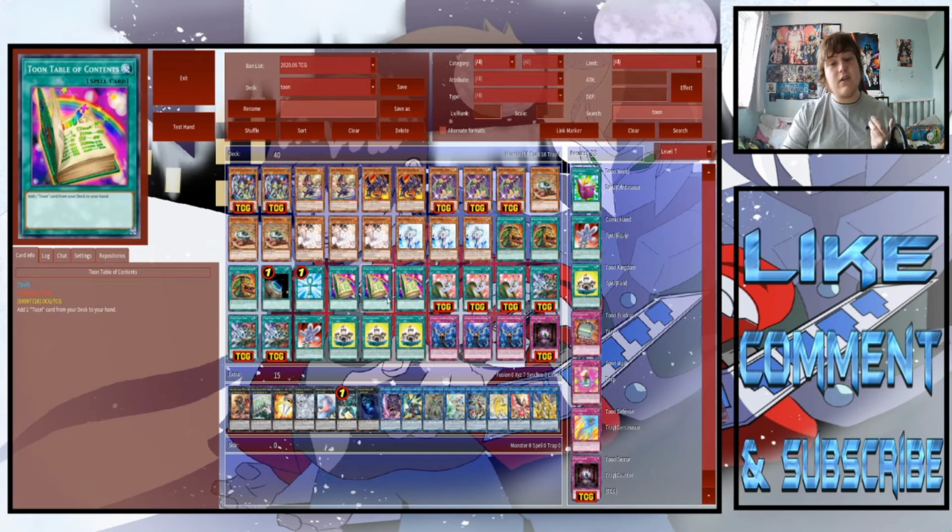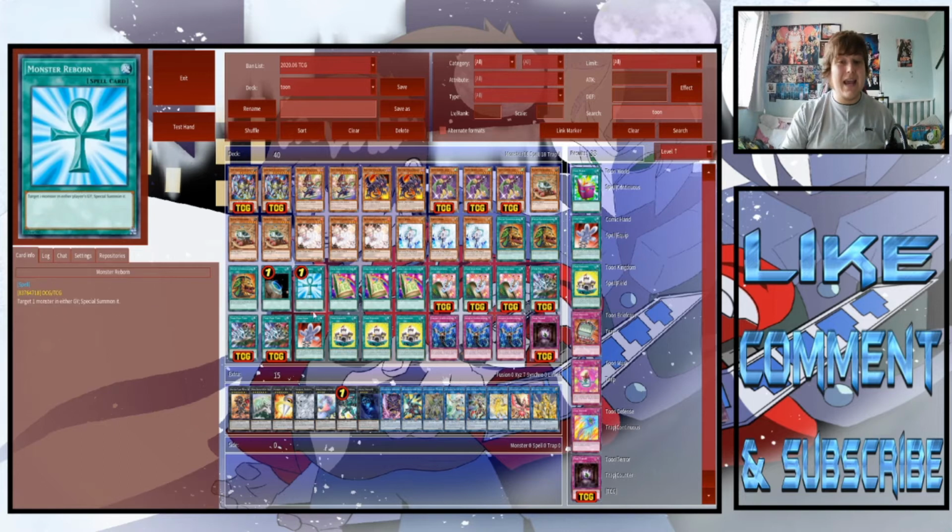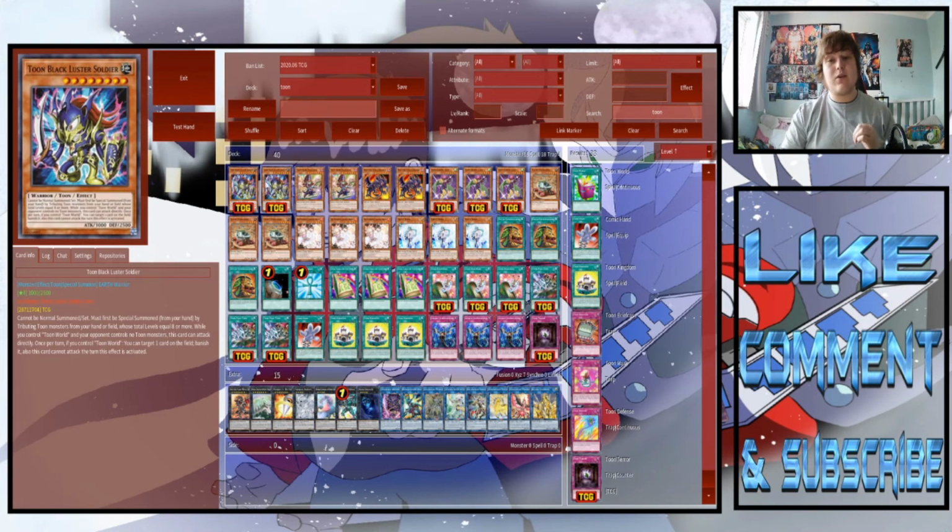1 Toon Table of Contents, which searches any Toon card from the deck. 3 Toon Bookmark, which is slightly different than Contents, because it searches a card that specifically lists Toon World in its name. So with this, what you can add is literally any of your Toon monsters, because they all list Toon World in their name,